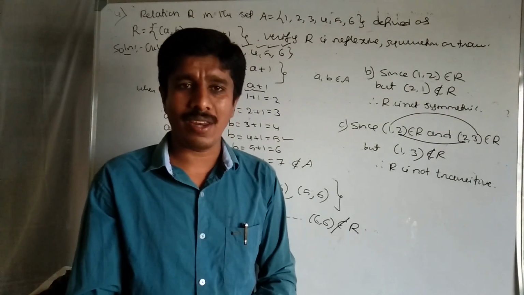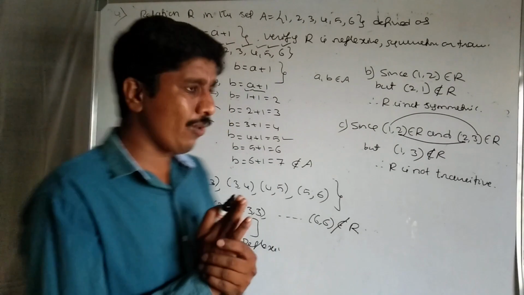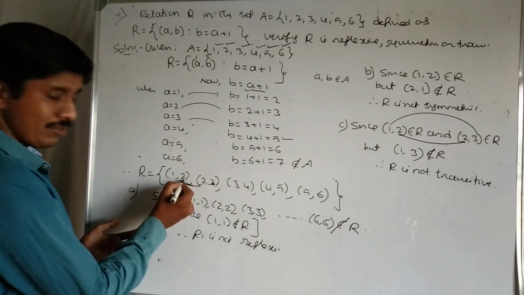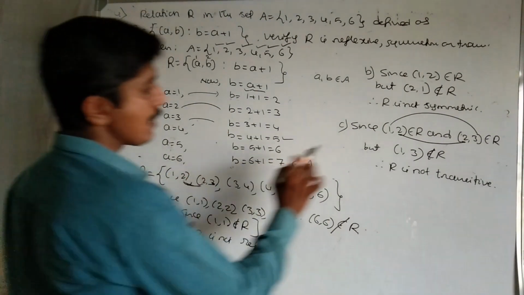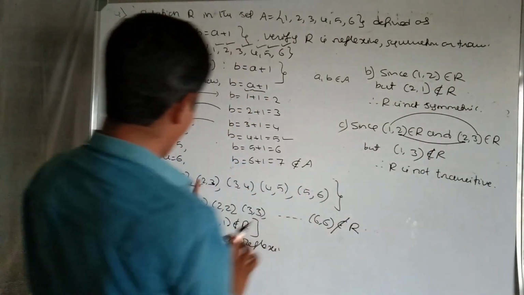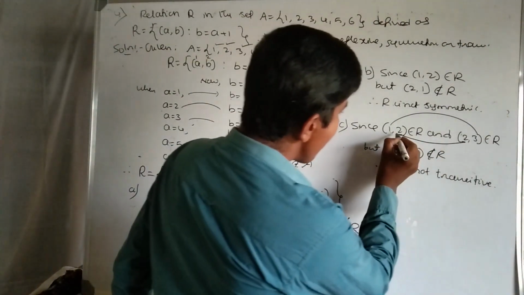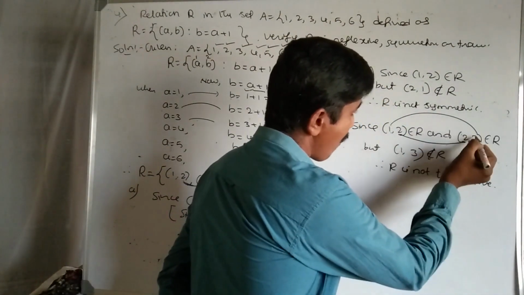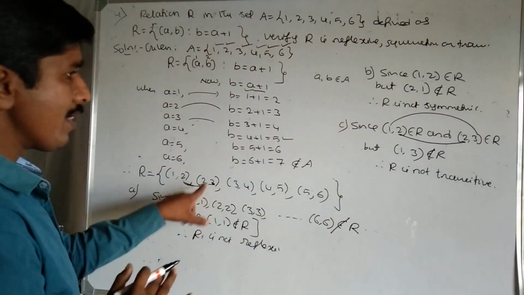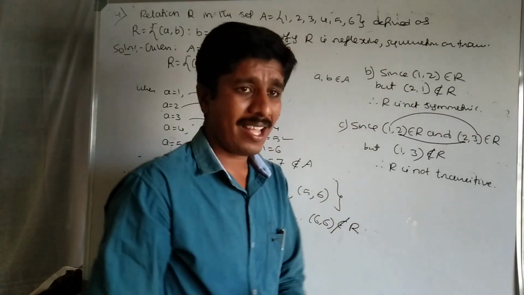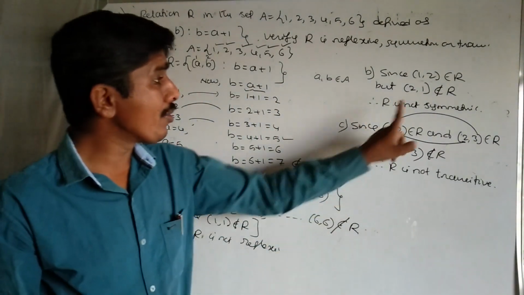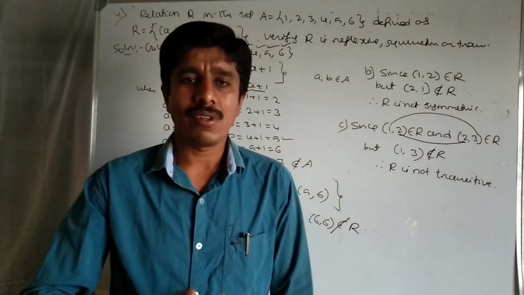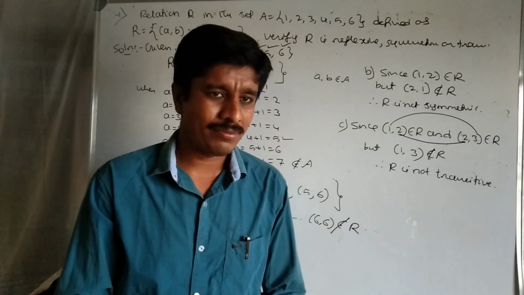Next, verify whether it is transitive or not. Take two ordered pairs in which the middle elements are equal. For each one I am taking the first and second ordered pairs. Here the middle elements are equal. Correct. Therefore take these two ordered pairs: 1 comma 2 belongs to the relation and 2 comma 3 belongs to the relation. Here the second element equals the first element. Then what is the relation between 1 and 3? Does 1 comma 3 belong to the relation? It does not belong to the relation, therefore it is not transitive. Clearly, it is not reflexive, not symmetric, not transitive, so we can say it is neither reflexive nor symmetric and not transitive. We shall go to the next problem.